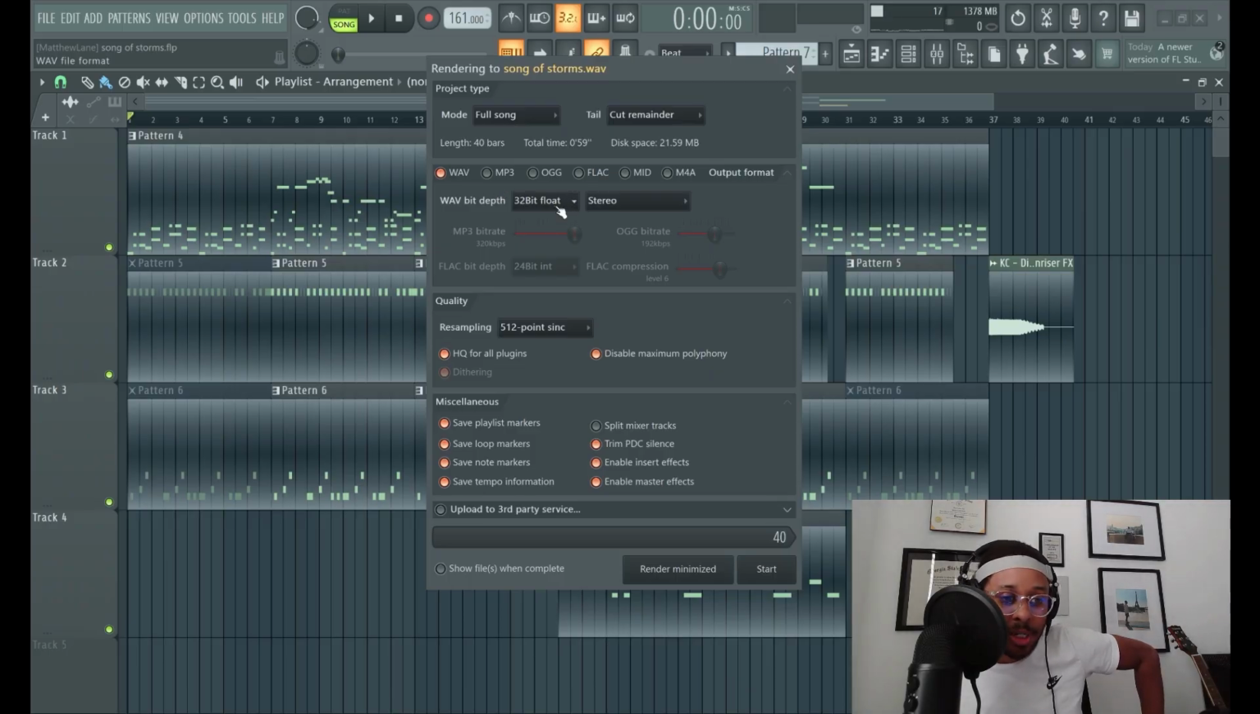So WAV. 32-bit float, basically the highest quality, highest bit depth. Stereo, you're going to want in stereo. I don't really know why you would ever export in one of these. When I'm mixing, you can change the mono to stereo in the mixing channel. So I don't know why you would do that here, but that setting is here. I just don't know why you would ever export something in mono. Maybe there's something someone knows that I don't know, but